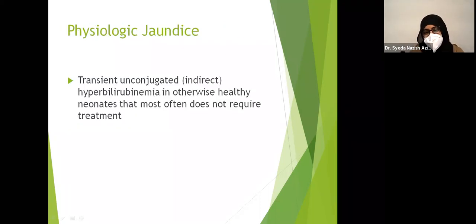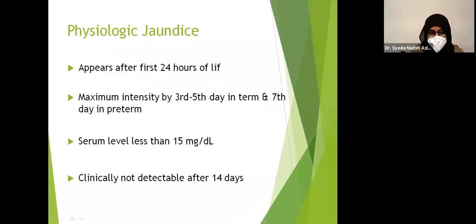Physiologic jaundice is essentially a transient, unconjugated, also called indirect, hyperbilirubinemia in an otherwise healthy neonate that most often does not require treatment and resolves spontaneously. We never see physiologic jaundice in the first 24 hours of life. It always appears afterwards, mostly between the second to fourth day,